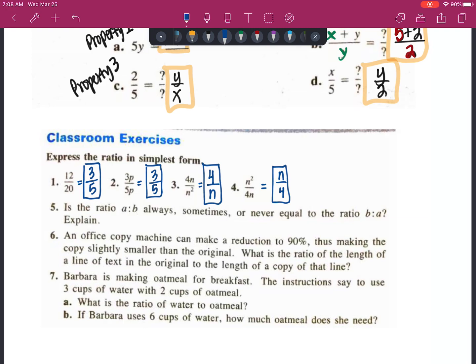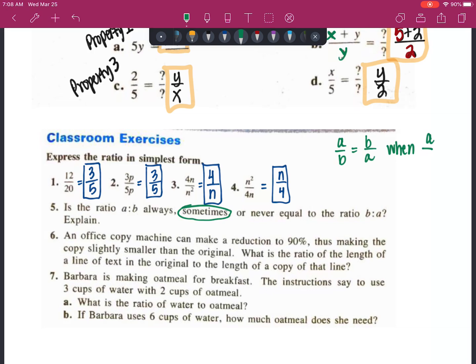Is the ratio a to b always, sometimes, or never equal to the ratio b to a? And then we have to explain. Well, on this one, I said sometimes. The only time I could think that a to b would equal b to a is when a and b are the same value. So a to b is going to equal b to a when